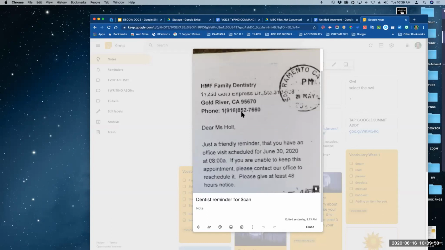All right, so you go to keep.google.com or your app, and then you take a picture, which is what I did here. Then there's some really cool magic. Now I've taken a picture of something that has text on it, right? So on the Keep note,